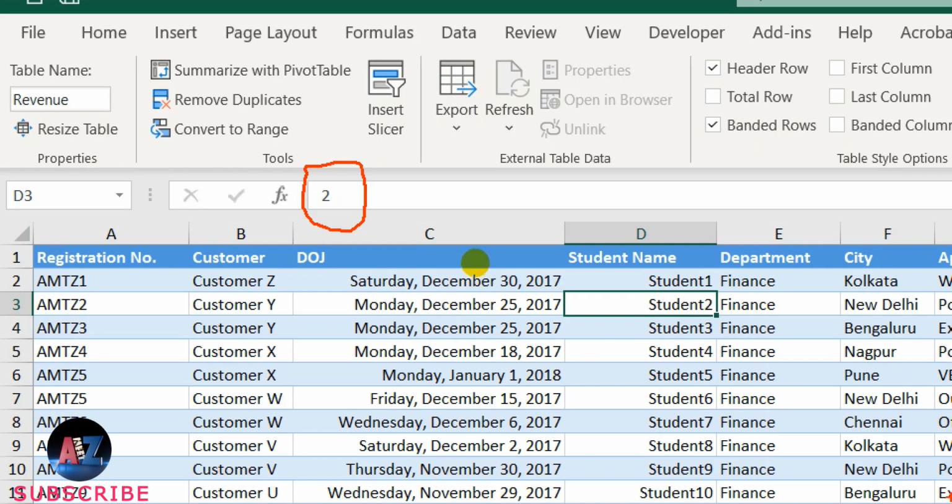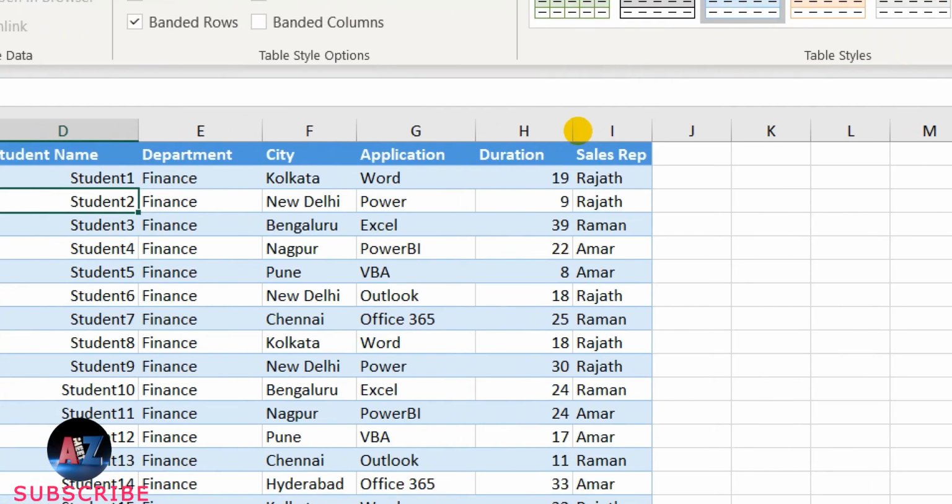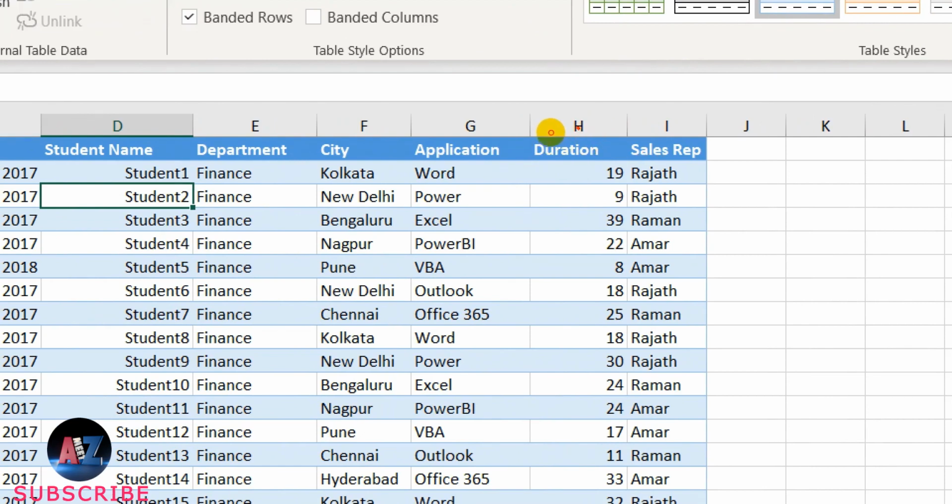And after all, the very important thing is this data doesn't contain the key information, that is revenue. It contains only the duration, number of hours spent with each student. And I want revenue, how much fees I collected from each student with respect to their duration and the application.